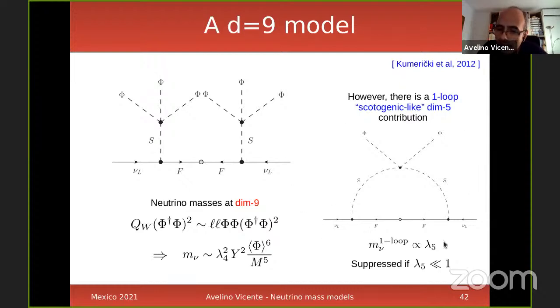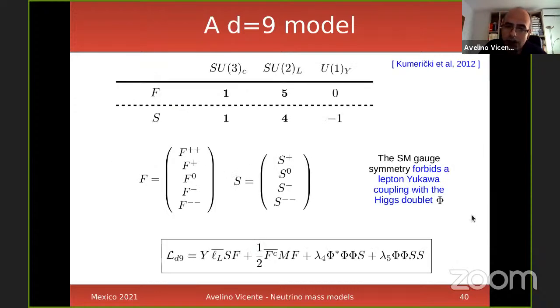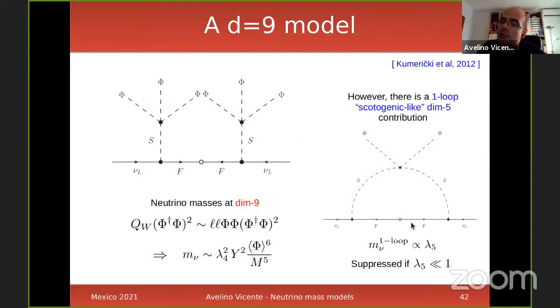So you can also write down, you find that basically you can connect these scalar lines and close the loop, and you get this particular diagram that, as you remember, was discussed already when we discussed the scotogenic model. So what is the trick that people do when they discuss this model? They assume that this coupling here, which is lambda 5, defined here, is very, very, very small. If this is very small, then this is not dominant and this is dominant. This is the idea behind the model, that this is actually the dominant contribution